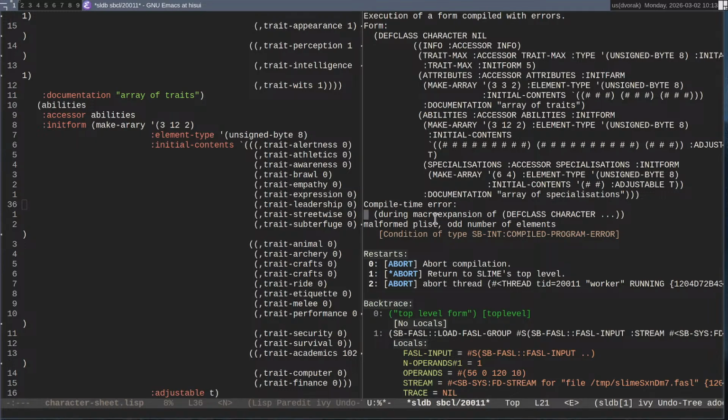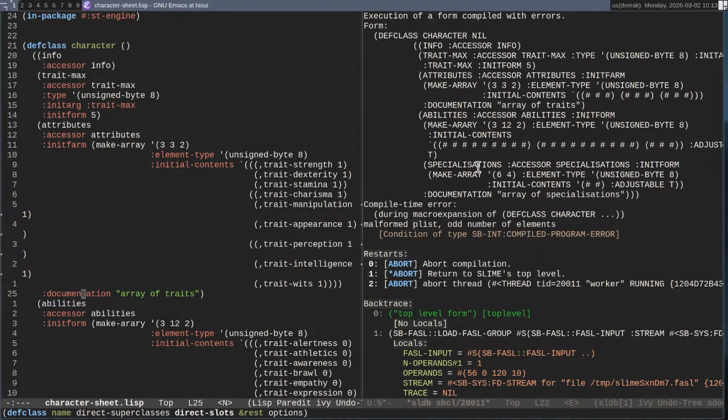During macro expansion of defclass character, malformed plist. Okay, so, oh, no. I think we can say it got to here fine.